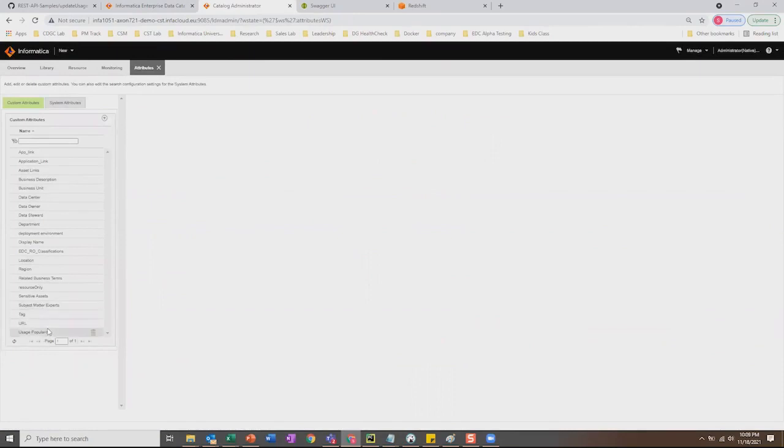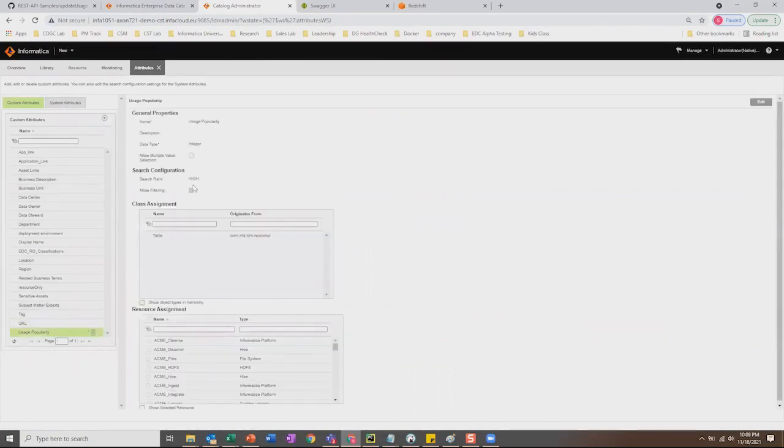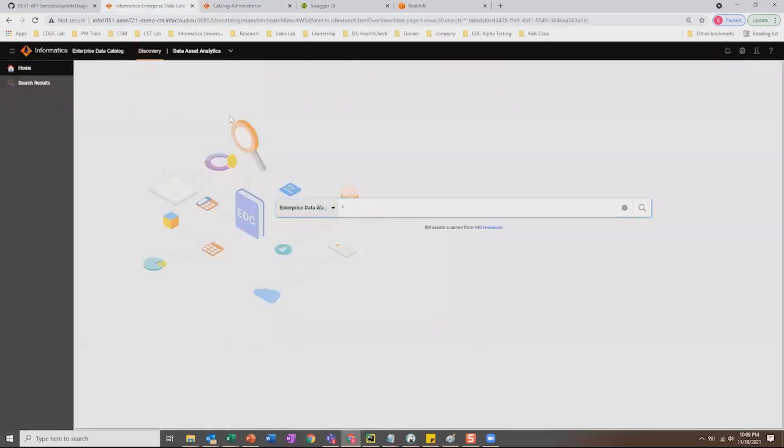There is an attribute that is created, which is enabled with the filtering option, and search ranking is set to high, and data type is set to integer. Currently, for this use case, we are setting the class to table, and you can expand it to column level if needed in future. And then the Redshift database specific information is being used here on this particular resource where we have captured the usage stats. So now you can create the custom attribute in the catalog UI,